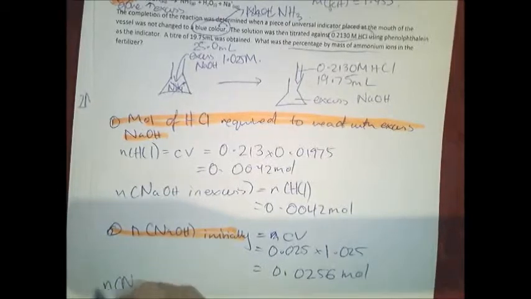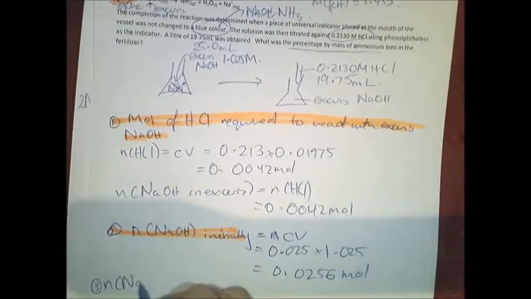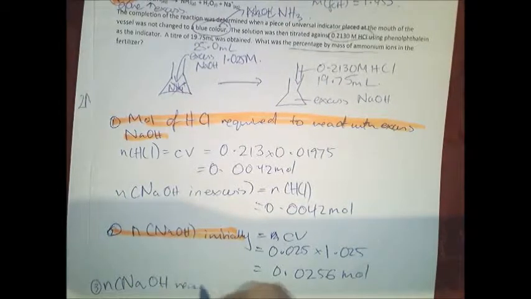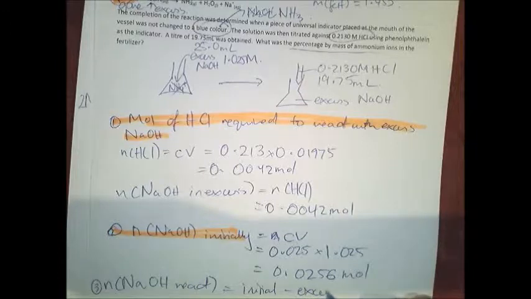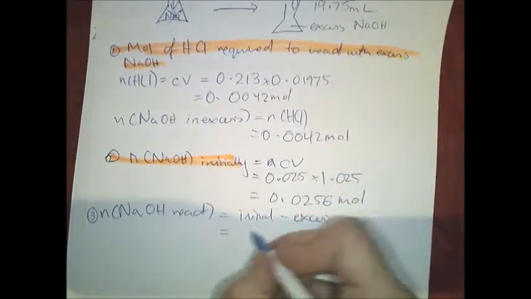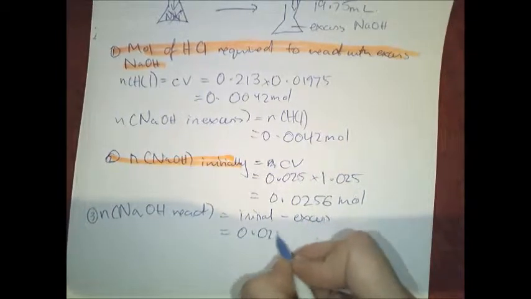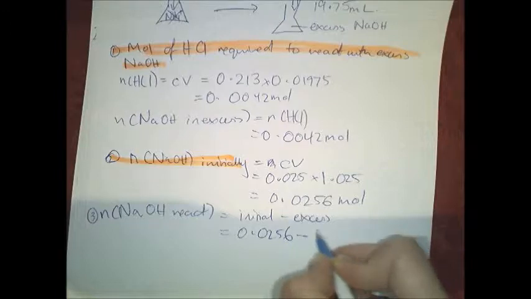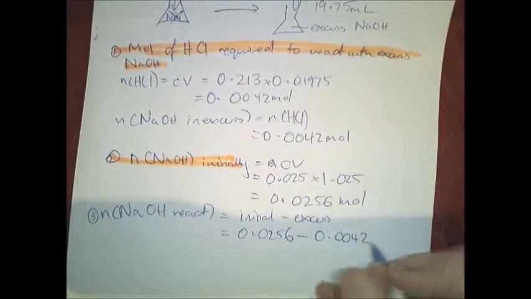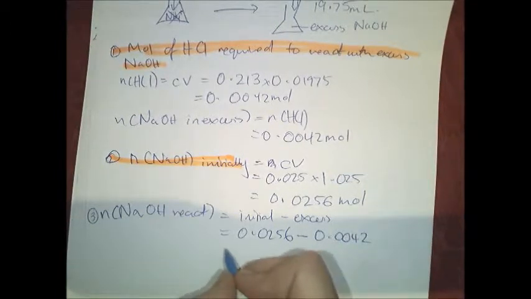Now number 3, the moles of NaOH reacted equals initial minus excess, equals 0.0256 minus 0.0042,